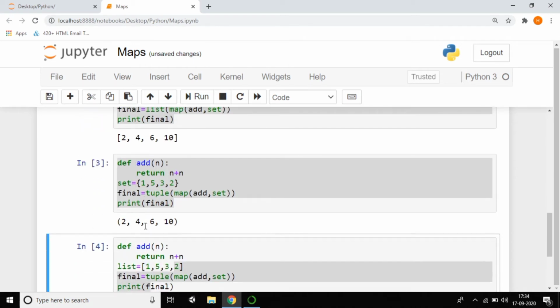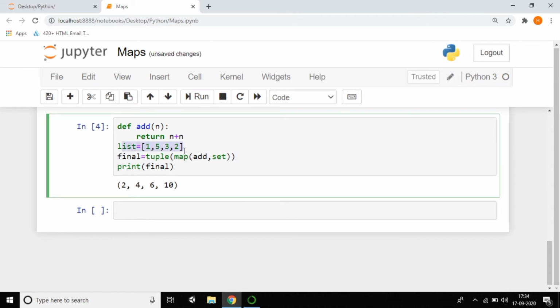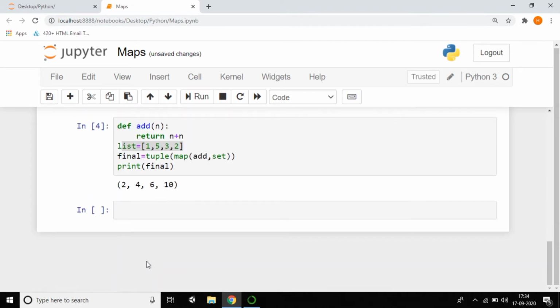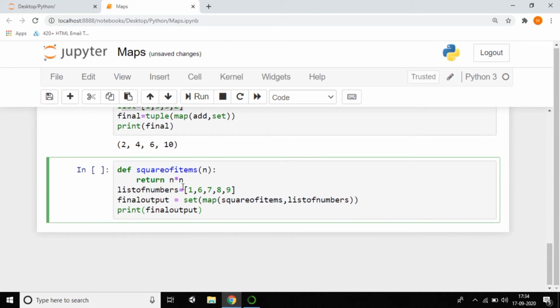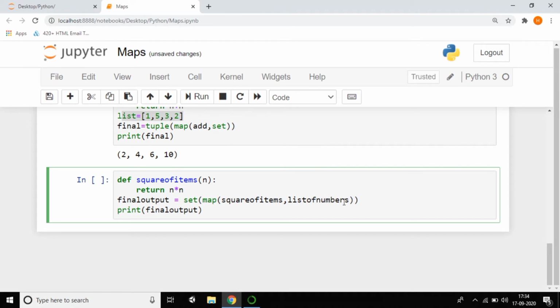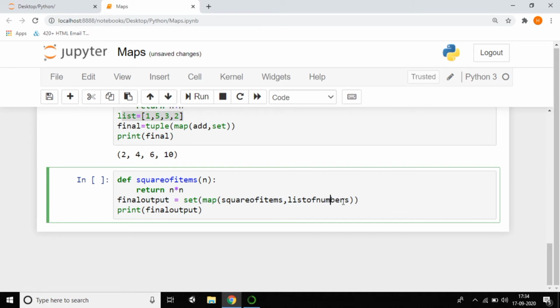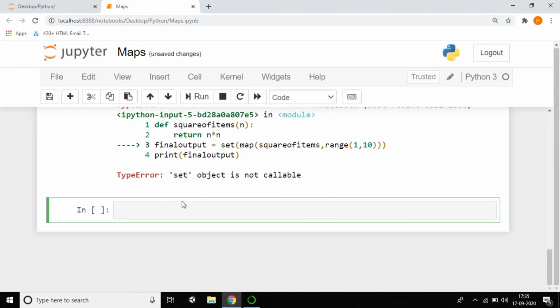And I want to do that without creating any items. I want to square the items. Can I do it or not? I'll just copy and paste this one. I want to change this one only. Generally I'm not passing any items like 1 comma 6 comma 7. So I'm removing this, and instead of this list of items I want to give a range. Can I do it or not? We'll check. Instead of passing the items, I want to convert these items into a set. So I'm giving the range 1 comma 10. So you can see the items.